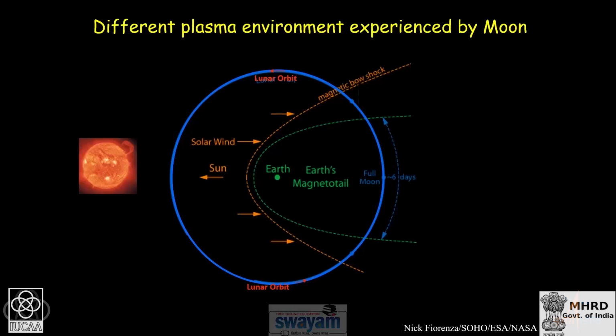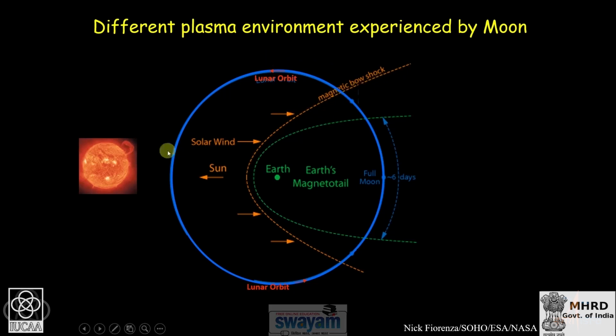Now, you assume that the moon is going around the earth. So, earth is here, this is the orbit of the moon which is going around the earth, and this is the magnetosphere and this is the magnetotail of the earth, which I just mentioned about. So, if you look at this geometry, you will say that the moon is outside the earth bow shock and magnetosphere